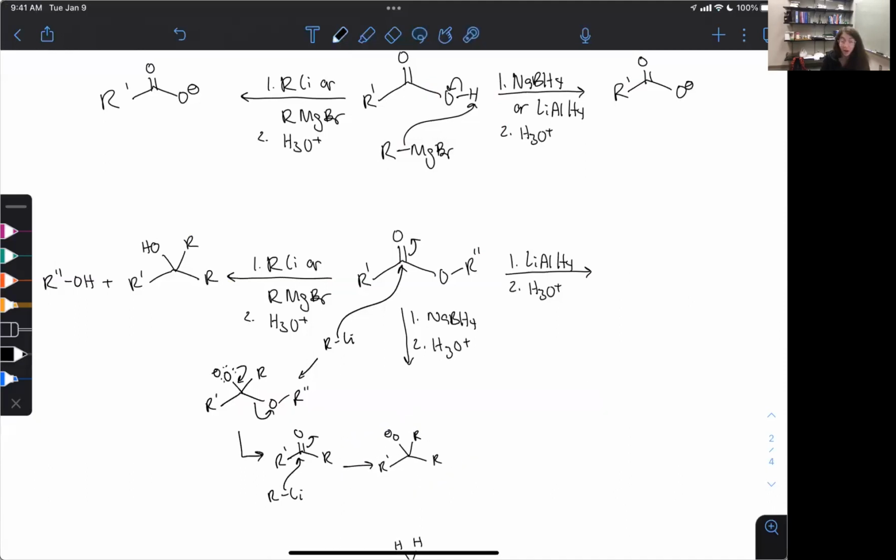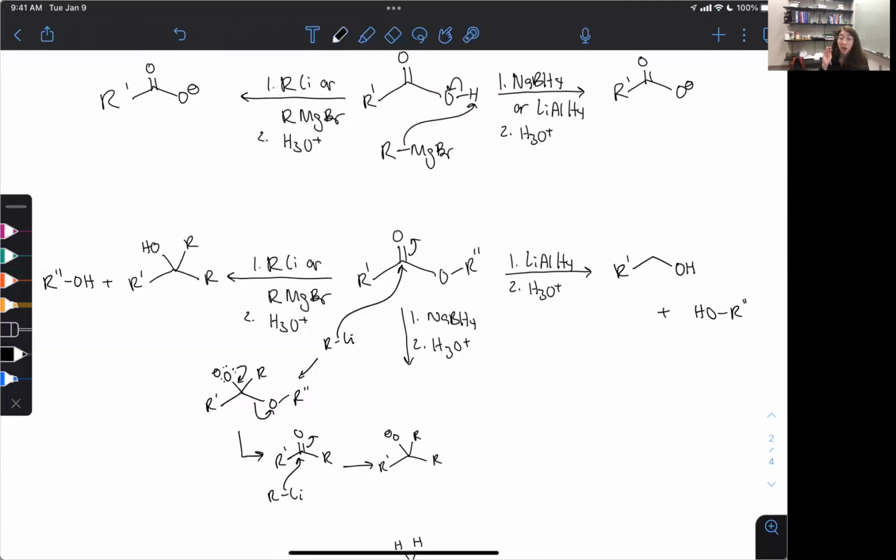So for lithium aluminum hydride, we're going to see the exact same thing. We're just adding two hydrides, because if the Grignard did it, the LAH definitely can. So we're going to see a similar situation here where we're going to get a primary alcohol plus that other alcohol as the leaving group. Okay, and then we're left with our lowest energy